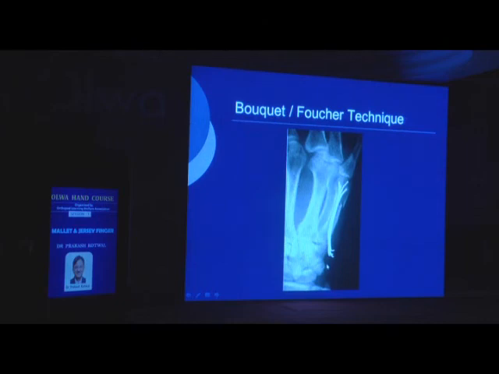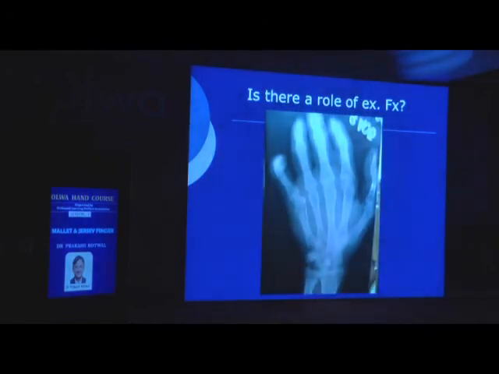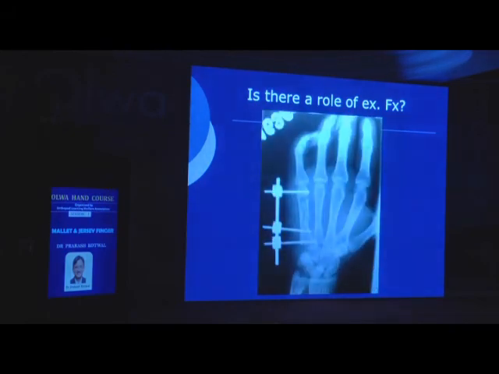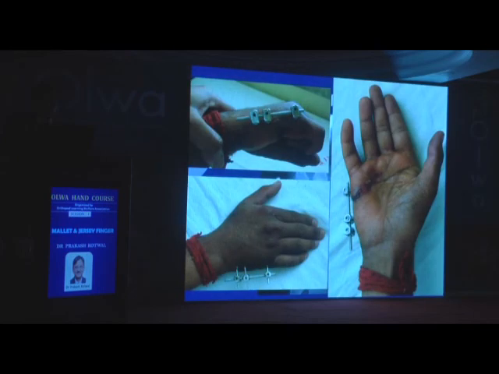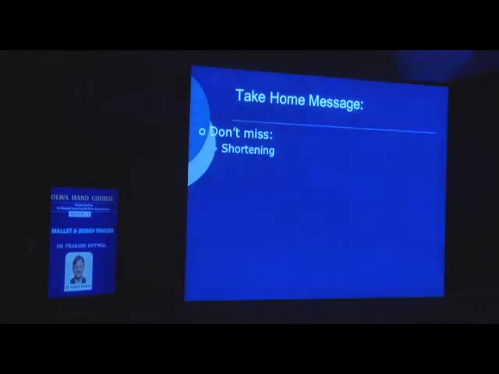There is a little problem with this. Sometimes these K-wires can irritate the extensor tendon and can cause problems, but one has to be careful about that, and one can avoid those complications. Is there a role of X-fix for this kind of fifth metacarpal fracture? Certainly, various methods of X-fix have also been shown earlier. I am sure the master of X-fix, my friend Warrior, will also show you some more cases.